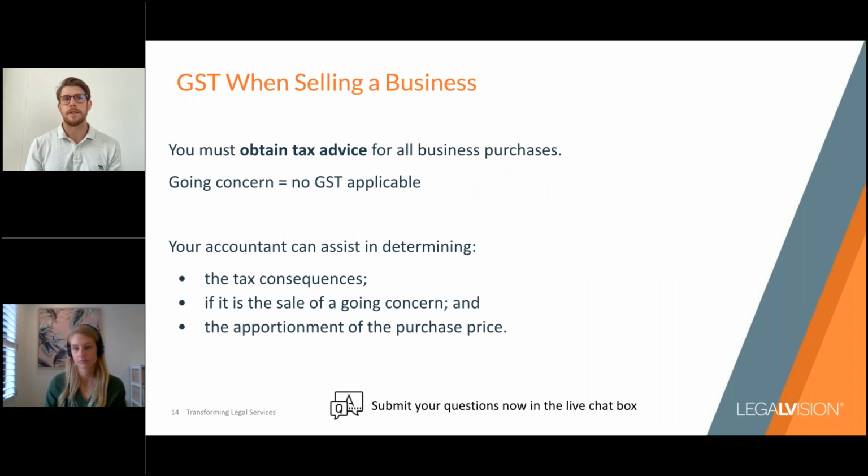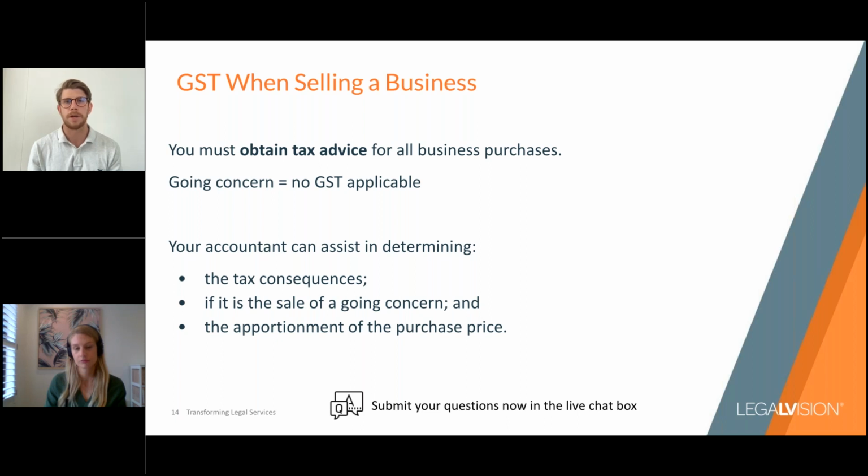Another key point here is around GST. Typically, because we're referring to a business sale, a business sale, as we're referring to it here, means all of the assets of a business. And so when you buy a business and you buy all of the assets necessary for the operation of that business, it's generally referred to as the sale of a going concern. And so when it's the sale of a going concern, there is no GST paid on top of the purchase price. The inverse of that is that where you're only buying specific assets or a piece of a business or a branch, then you would have GST payable on top of that purchase price.